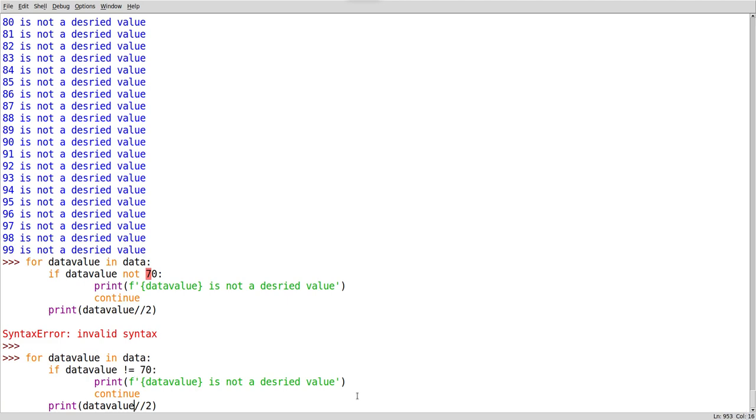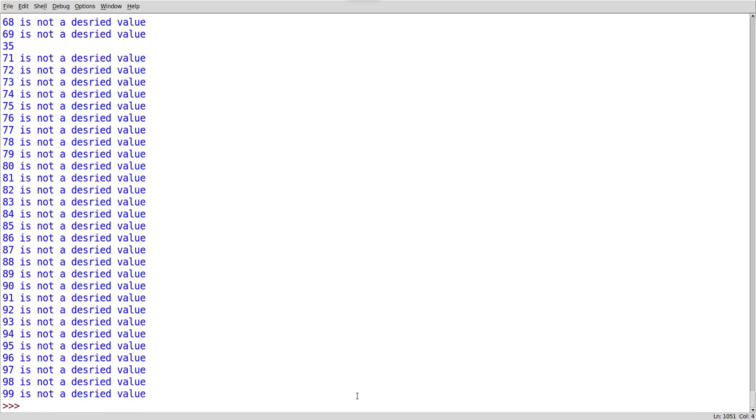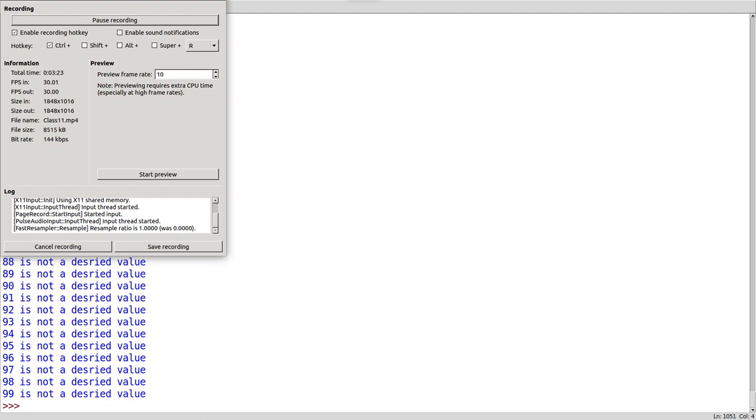Not equal to 70. 69 is not a desired value.